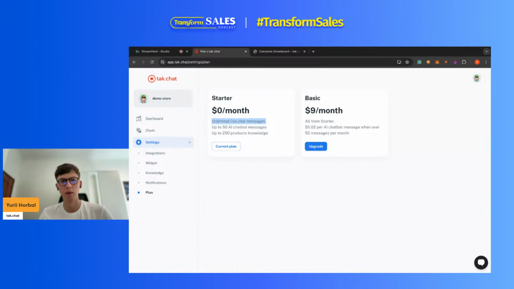Right now we are at really early stages and we just want to make the best product we can and give it at minimum pricing. So $9 and 2 cents per each extra message. That is actually the price of OpenAI APIs.